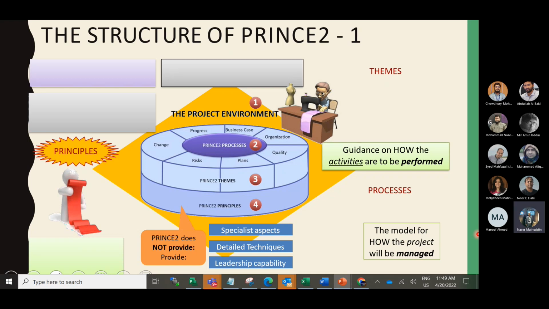Okay, now we are going to the structure of Prince2. It is actually only a few slides, so in this short session I will try to do a deeper dive so the structure can be understood.